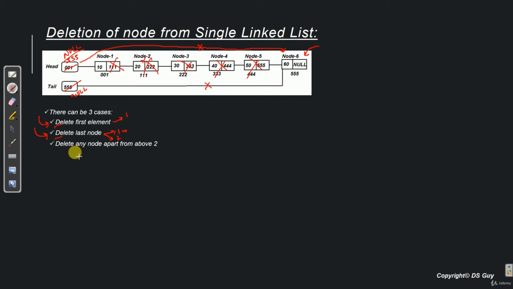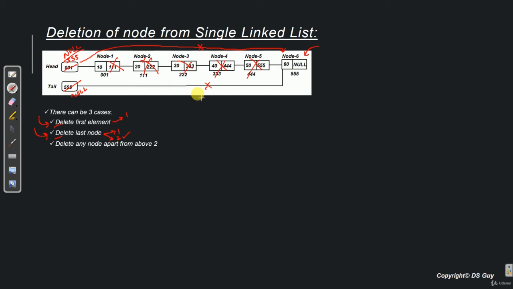So once we see the algorithm in the next video, this will get even more clear. In case you are still not clear on what is the difference between case 1 of delete first element versus case 1 of delete last node, please hold on. We will talk about it once again in the next video when we see the algorithm of it. Fine. Now let's see the second case of delete last node.